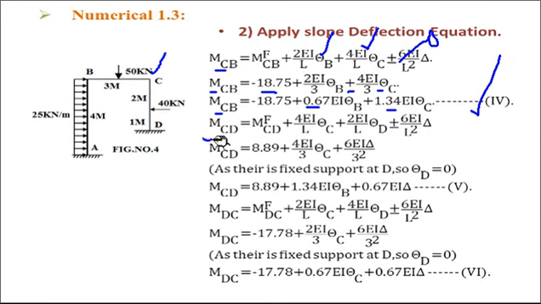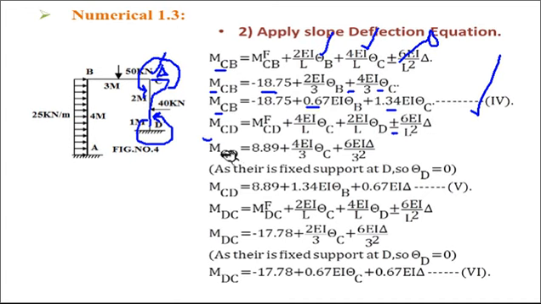Now consider column CD. In a column we consider delta, as there is a sway frame. Because of the delta, again there is a moment at C and that moment is in an anti-clockwise sense. Delta is toward the right side for both columns, and at D also the moment due to delta is anti-clockwise. That means for both you have to take the plus sign for delta. The magnitude remains the same for both ends.